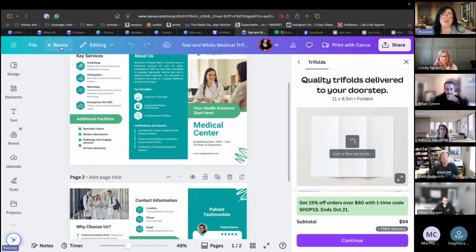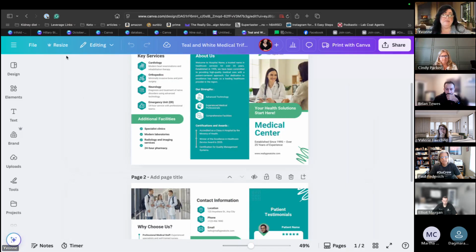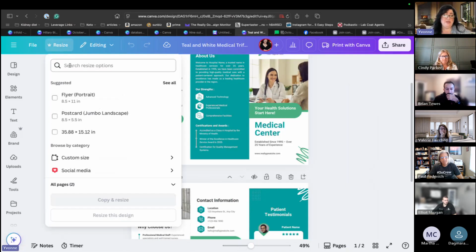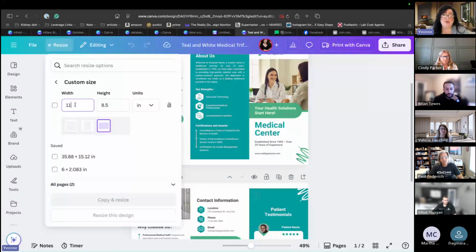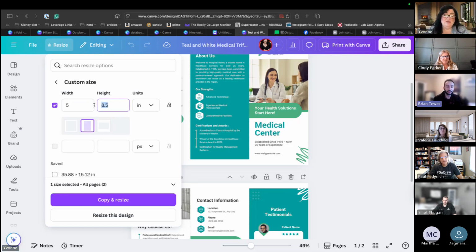And right here under resize, you click on that and then put in the size that you want. Custom size is what I would pick. Then put in the width and the height. I don't have a ruler, but my guess would probably be a 3x5. So height is 3 and width is 5.